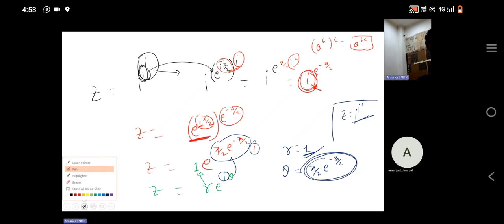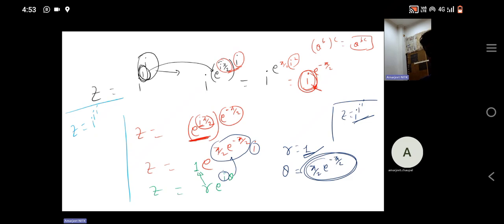A student generally can make a small mistake here. The question was given that z is equal to i to the power iota. And I read this last expression; I started from the upper part. If you start from the lower part here, z is equal to iota to the power iota, that means if you write this iota first as e to the power iota pi by 2,